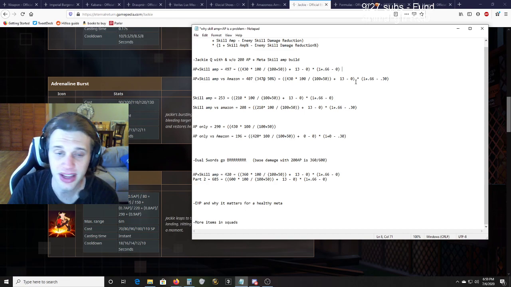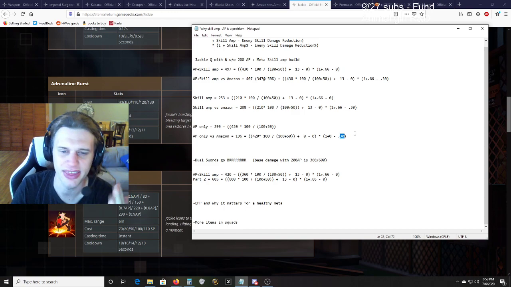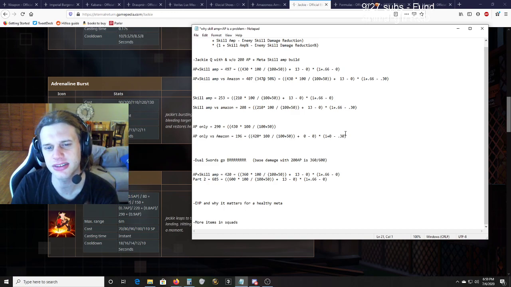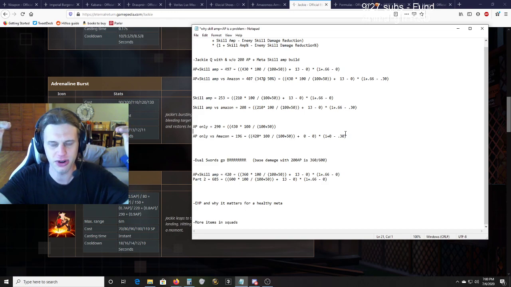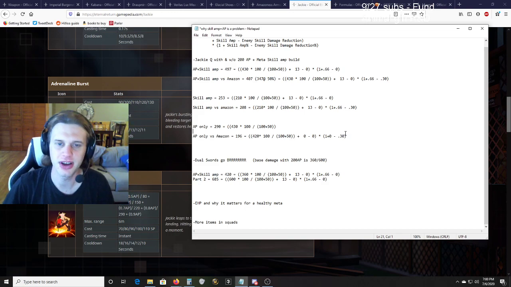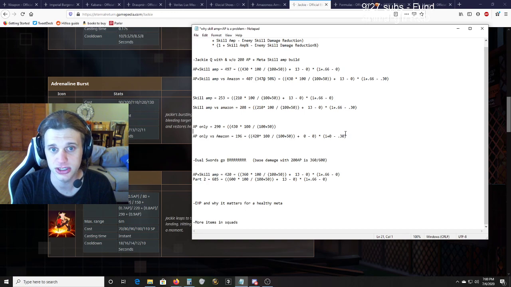Because when they nerfed skill amp this last patch, they nerfed Amazon's armor. And I'm still just boggled by that because they didn't put anything else in the game to give you more skill amp to make up for the skill amp reduction that they took away, right? So it's like, okay, we nerfed skill amp across the board a little bit. It's fine. It's still the most dominant build by a large margin. The only things beating it are